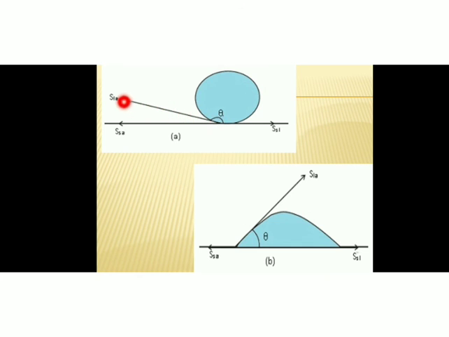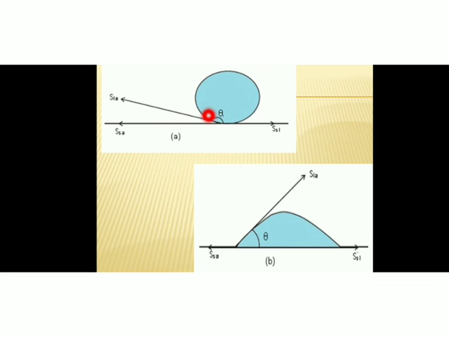Okay. So here you can see in this figure water has formed a droplet on the surface, and this is the tangent drawn to the liquid surface at the point of contact. So this is the point of contact between the liquid and the solid surface, and at this point of contact a tangent is drawn, and this is the angle between that tangent and the solid surface. So this angle is the angle of contact which resides inside the liquid surface, and this angle is an obtuse angle. From the figure it is very clear, it is greater than 90 degrees.